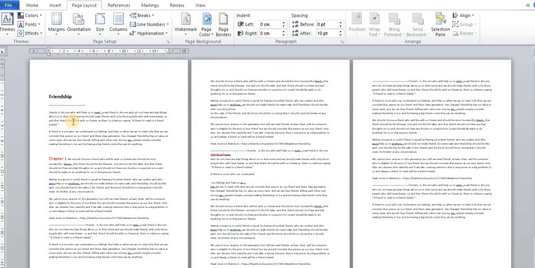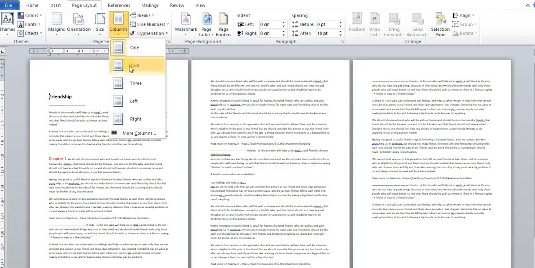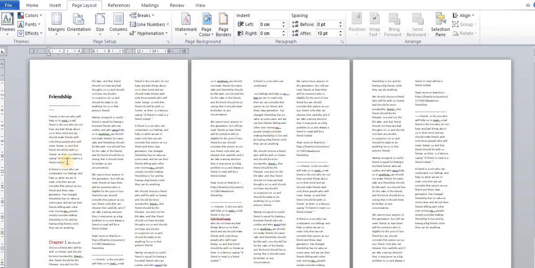So how can we divide our page into multiple columns? It's very simple. Go to this option, column, and suppose I want to break my document into 3 columns. Now click on this. Now you can see your page is divided into multiple columns.